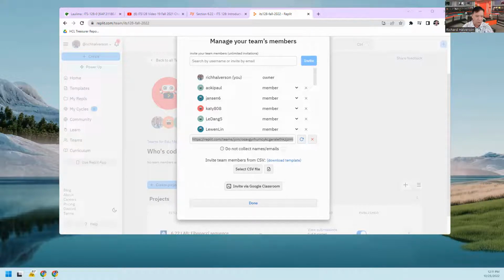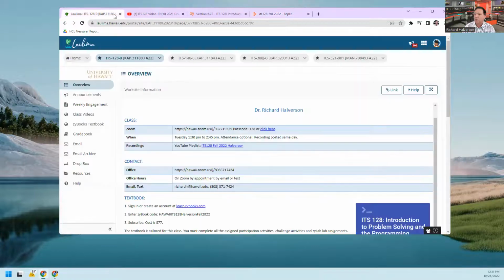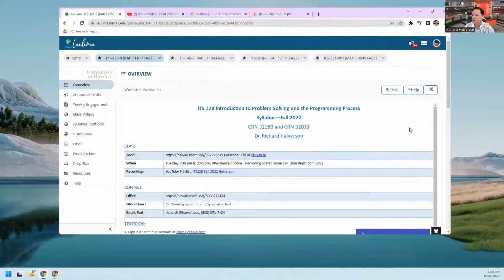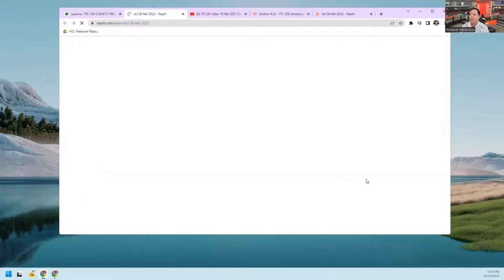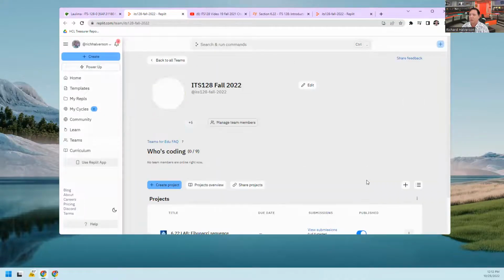Okay, and I'm just going to put this parentheses here, and I'm going to update this. And then I'm going to close this somehow and say done, and I'm going to go back to here and hit refresh. And here's the join Replit link. And I'm going to click on that, and lo and behold,